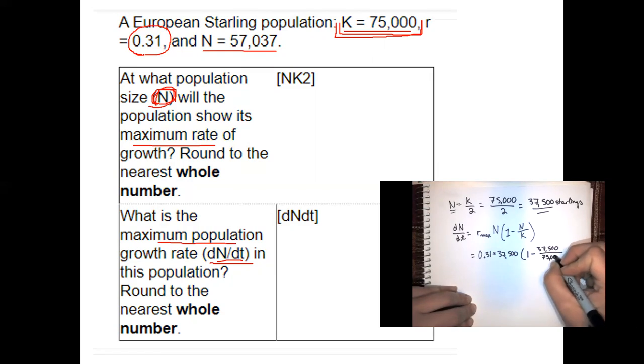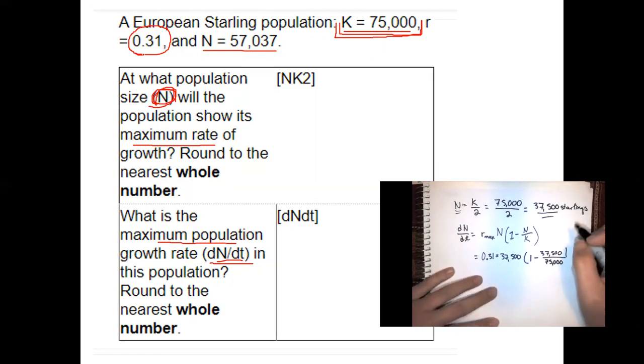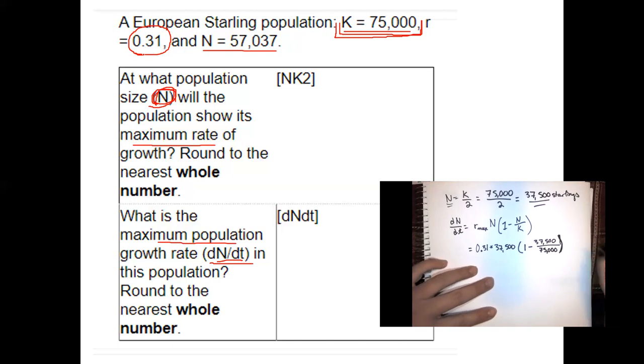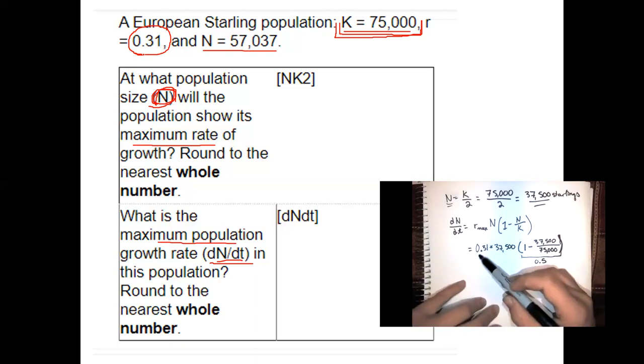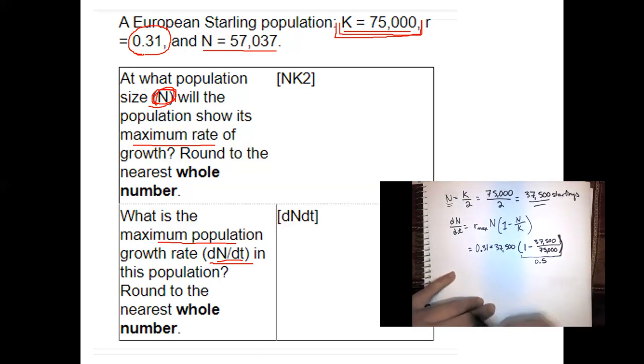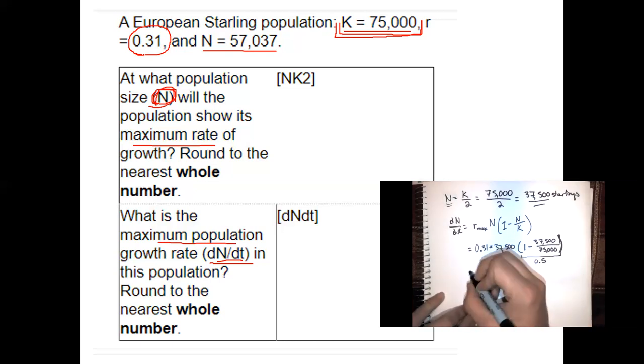If you look at this equation enough, you'll notice that no matter what, if you are calculating the maximum population growth rate, this portion of the equation right here is always going to be 0.5. So if you're in a bind, this is always going to be 0.5. So 0.31 times 37,500 times 0.5 should give us the maximum population growth rate,